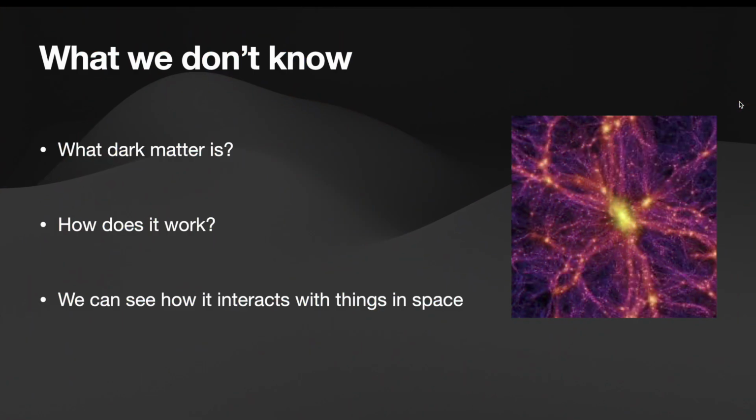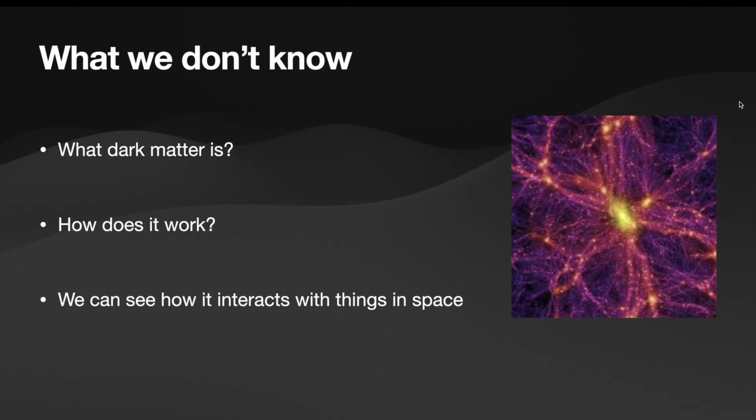So now, what don't we know? We don't know what it actually is, right? We have some ideas about its properties or how it interacts with things in space, but we don't actually know what it's made out of, right? So that's one of the key problems with dark matter: just trying to figure out what it actually is, right? And how is it actually working? Because we can see from its effects that it's working kind of like regular matter, and that it has some gravitational force aspects, but scientists don't know 100% what it's actually doing, which I think is really, really interesting.